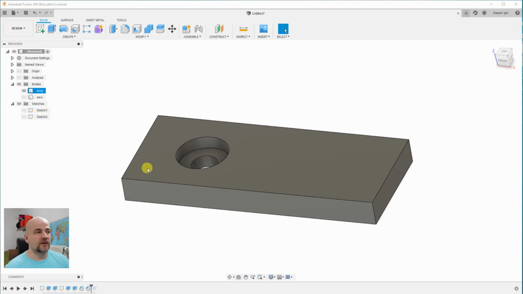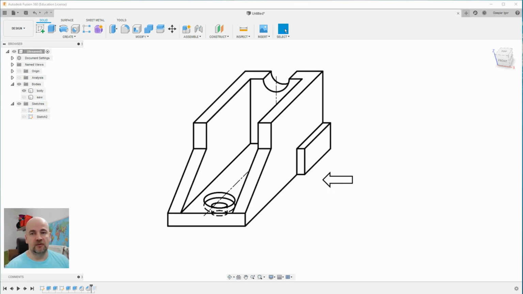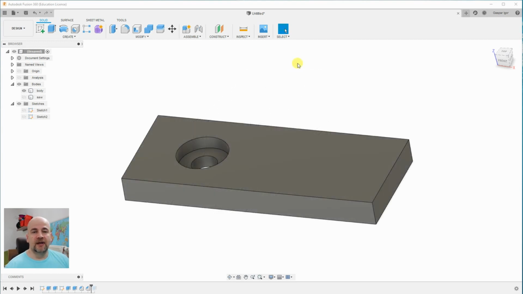And in my first example, I will show you this object where the cutting plane is exactly on the symmetrical plane. In this case, we don't have any additional marks on our section, only the section view drawn with those section lines. Okay, let's design and 3D print this object.